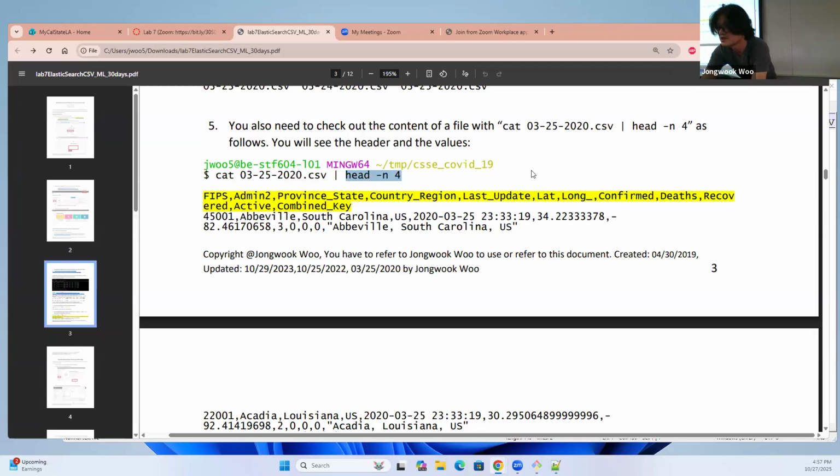The second shell command is to read the head of the file, where -n means number of lines. So I want to read 4 lines of content from this file, like the March 25, 2020 file. So if you run it,